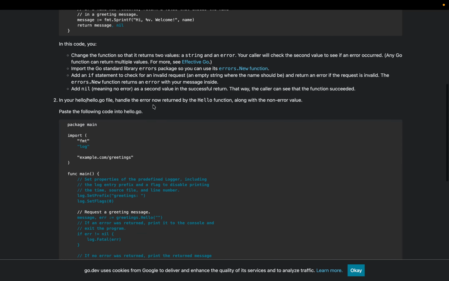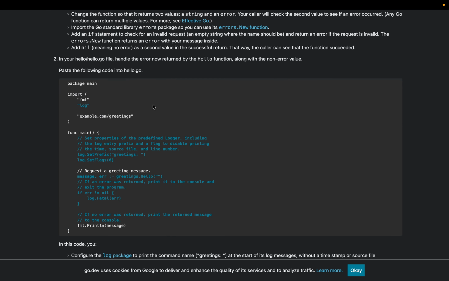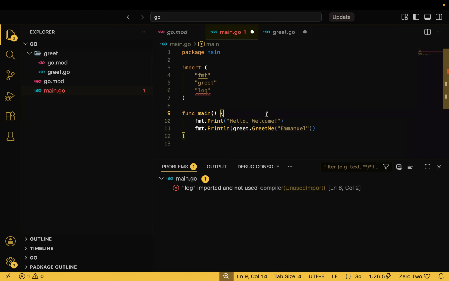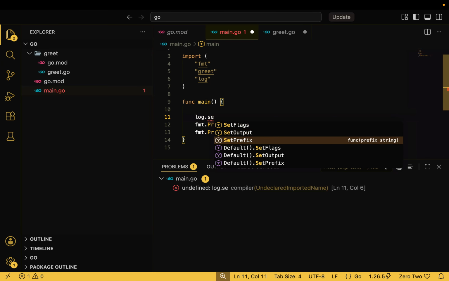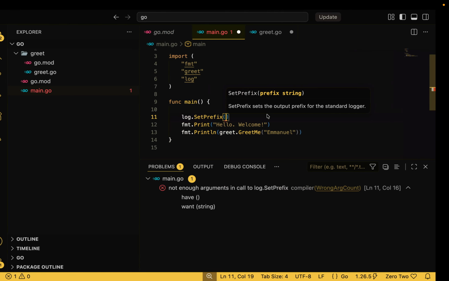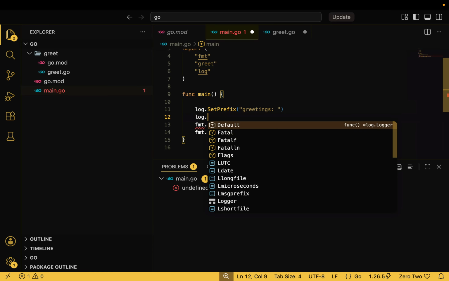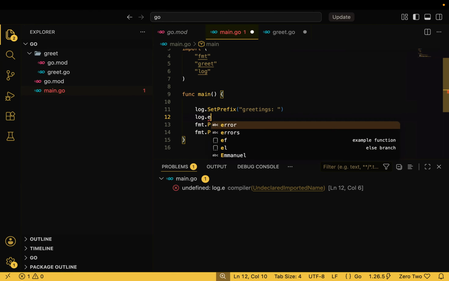I'm interested to see what we're going to use log for. Here it says set properties of the predefined logger, including the log entry prefix and a flag to disable printing the time, source file, and line number. I do not have an idea why we are doing this, but it says to do log.setPrefix with greetings and then log.setFlags. So I'm just going to come here to the top and say log.setPrefix, and I think the prefix here is going to be greetings, and then log.SetFlags,